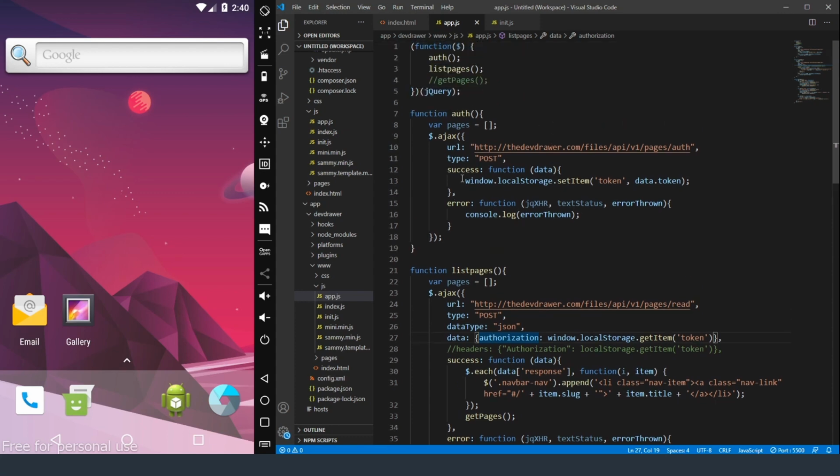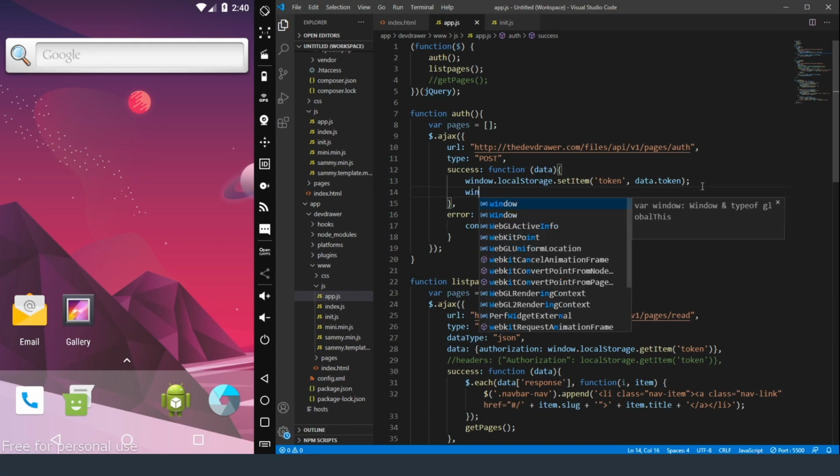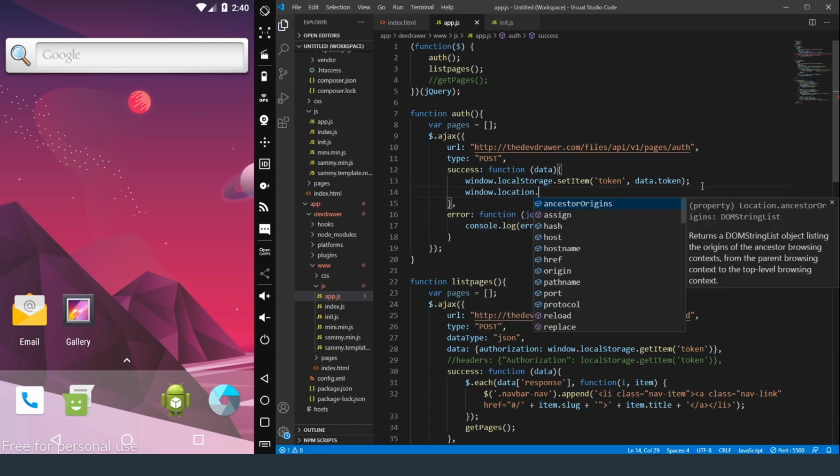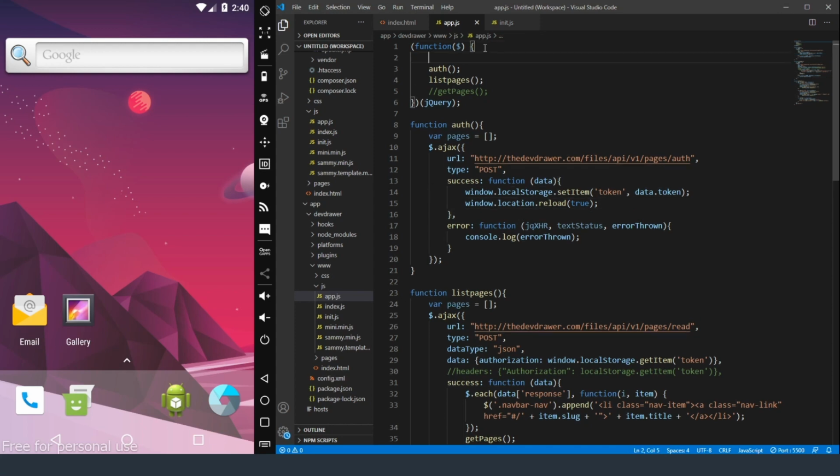So what we're going to do on top of this is make it where as soon as it gets a success the first time, we're going to do window.location.reload, and then we're going to set it to true so it does it quickly. But we also don't want to keep this the way it is right now, because if we keep it the way it is right now, it'll basically do an endless loop of reloading. So what we need to do up here is, before the authentication gets called, we need to check to see if this window.localStorage token exists. So we're going to do window.localStorage.getItem token,